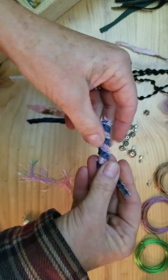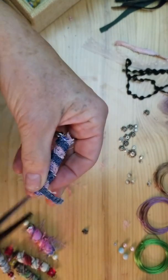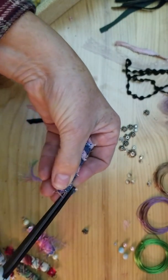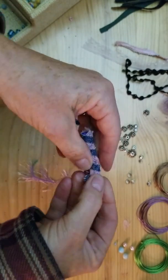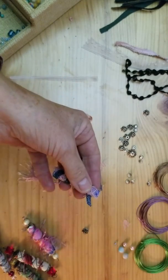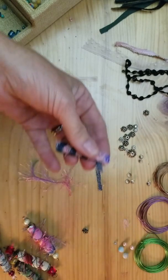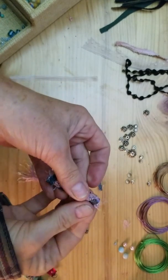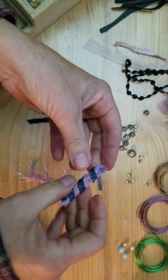And you don't have to go all the way to the end with it. If you don't, you can stop it in the middle and glue it wherever you want. Just kind of have fun with it. That's the most important thing. And so then I'm just going to glue that. So you have...